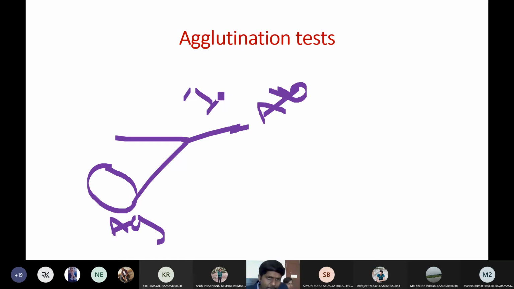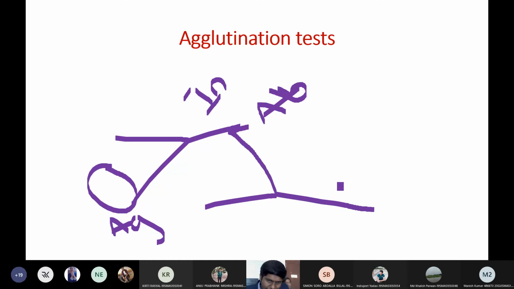In the case of an incomplete antibody, it won't have any reaction. Even though this incomplete antibody binds to the antigen, it won't cause any reaction, and this concept is called sensitization. Antibody binds to antigen, but there is no reaction. In order to make this reaction complete, we need to add a secondary antibody. Upon adding the secondary antibody, we will get a reaction.